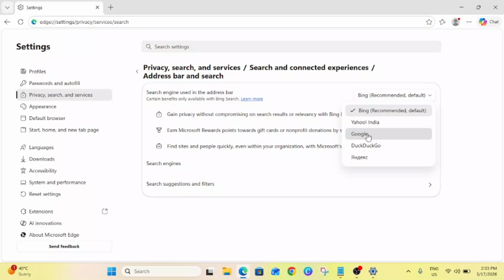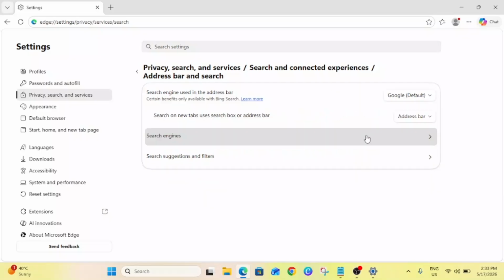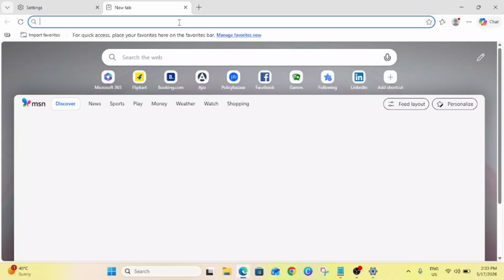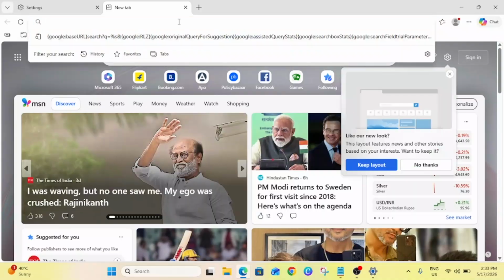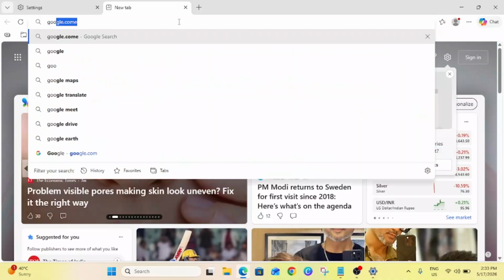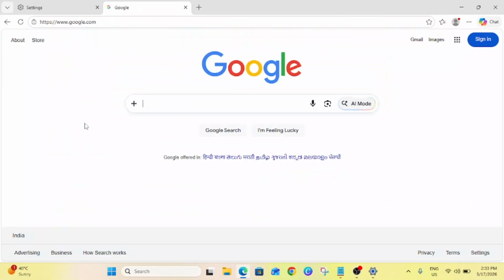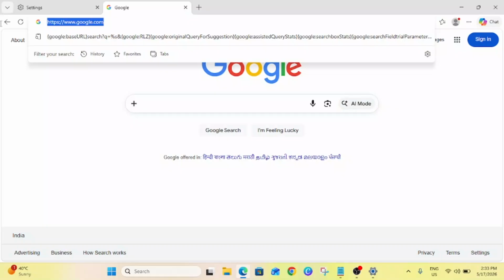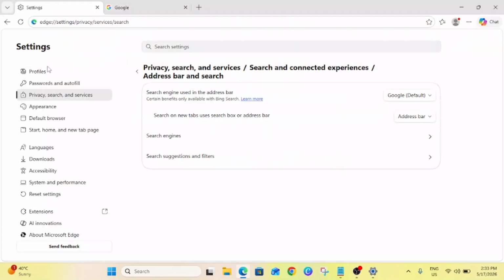Just select it to your favorite browser. In this case I'm choosing Google Chrome, and on the search here just select your address bar. Now we have selected Google Chrome as our default browser, but it will still show the Bing or the Edge. Open Google Chrome and we need to copy this address from here,